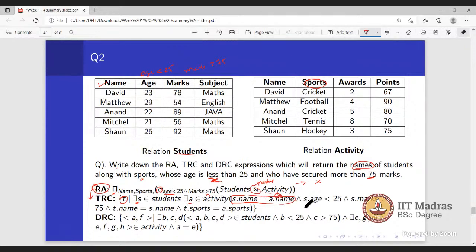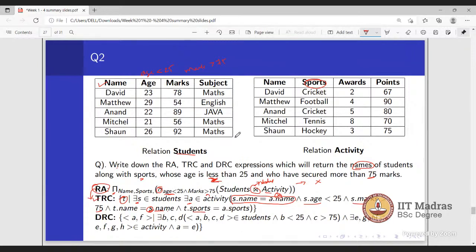And this is our required condition, that is S.age less than 25 and S.marks greater than 75. And what we have to find out is name and sports, means T.name equals S.name and T.sport equals A.sports, means from the activity table it will fetch the sports and from the student table it will fetch the name. So this is the equivalent TRC query for this relational algebra expression.